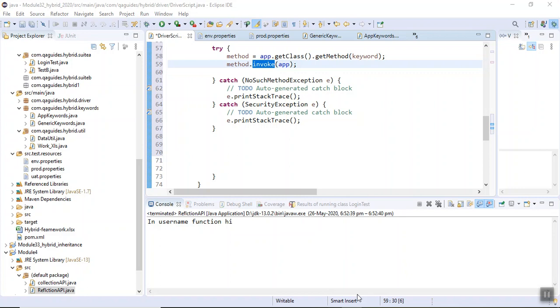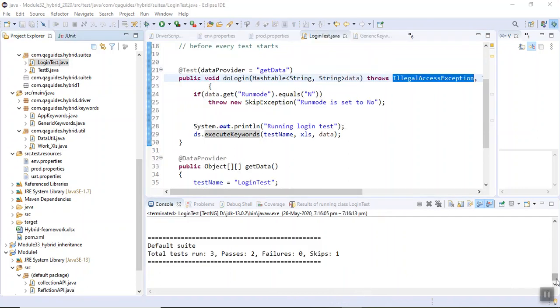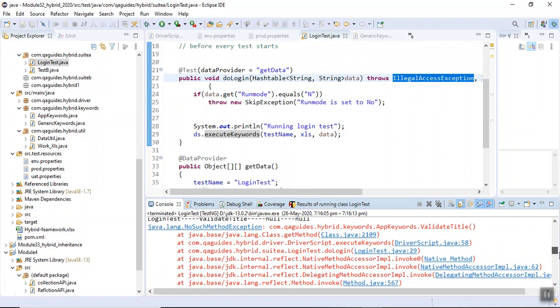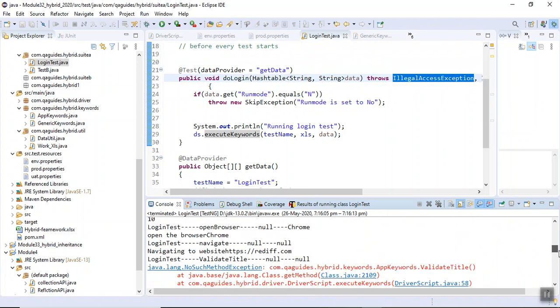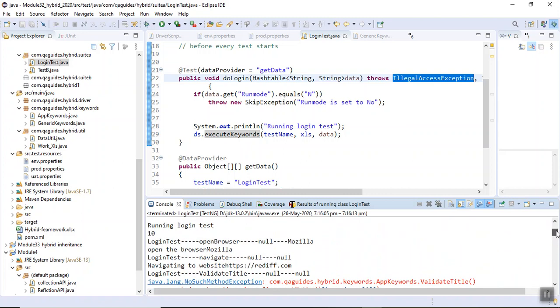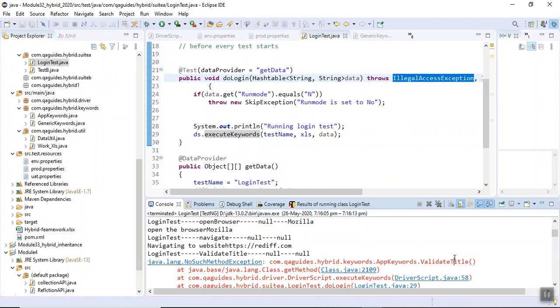I ran it, and let's see the results. And why is it showing me validate title? Okay, I will have a check into it. Actually, I haven't created the function for it. I have to create it. See, else everything has worked fine. So it is looking for validate title. Let's create a function for validate title also.